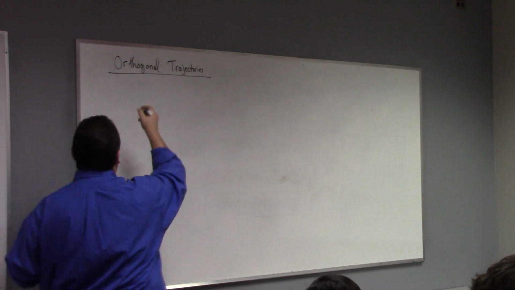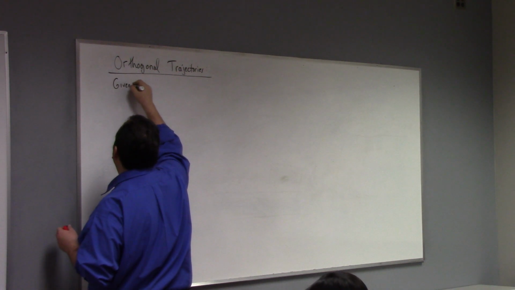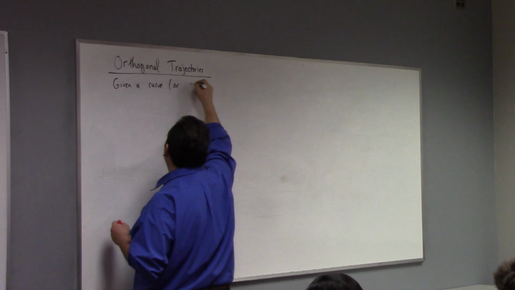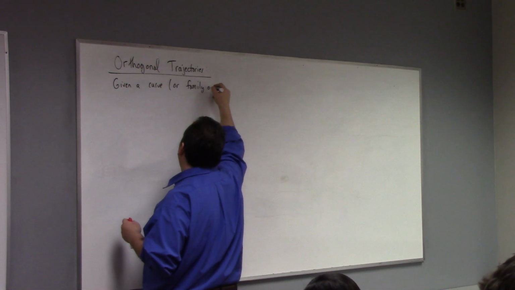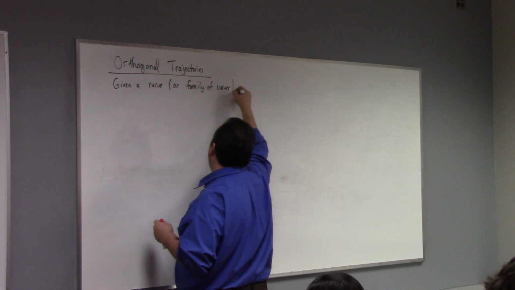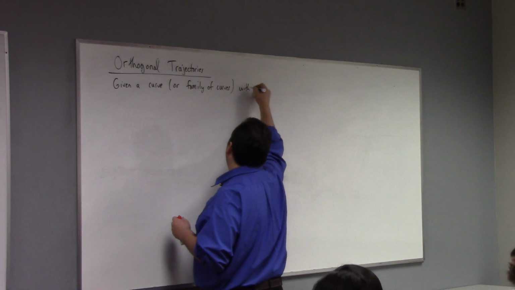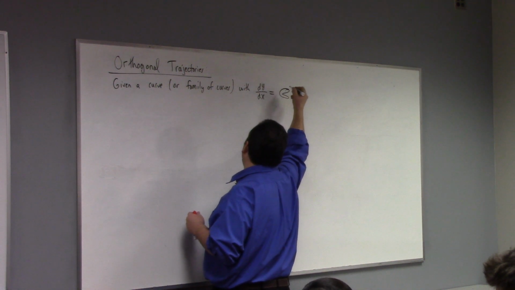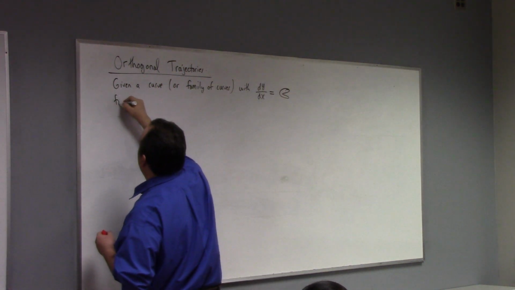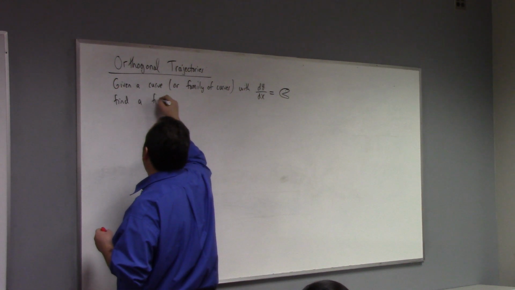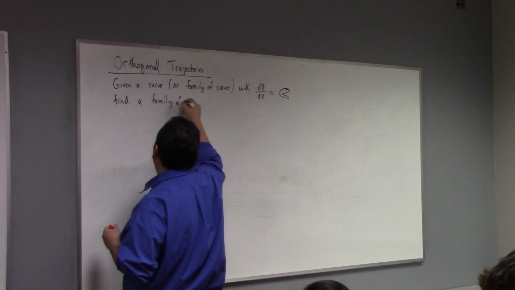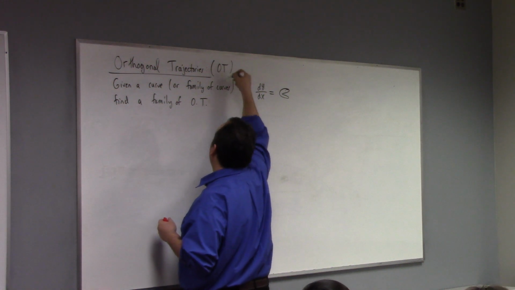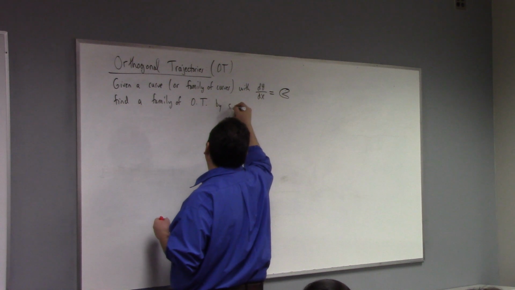Given a curve or family of curves with dy/dx equals Pac-Man, you can find a family of orthogonal trajectories by solving